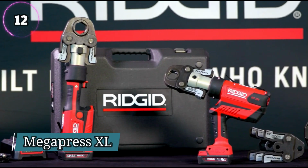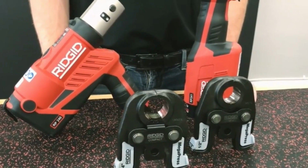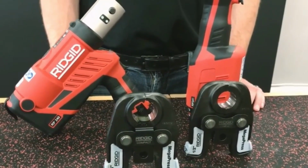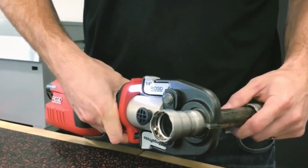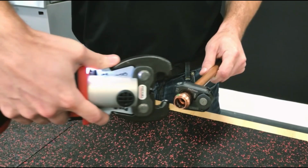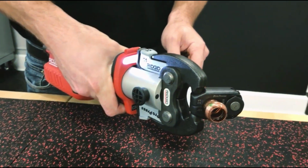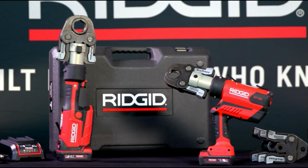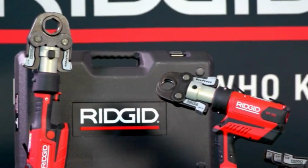Number 12. Megapress XL. This high-efficiency pipe joining tool connects carbon and stainless steel pipes up to 4 inches thick, offering a safer and much faster alternative to welding. It's about 90% quicker than traditional methods and doesn't require flames, manual tightening, or draining the system, making jobs cleaner and easier. Thanks to Smart Connect technology, it identifies unpressed connections and secures them in just 16 seconds, helping reduce